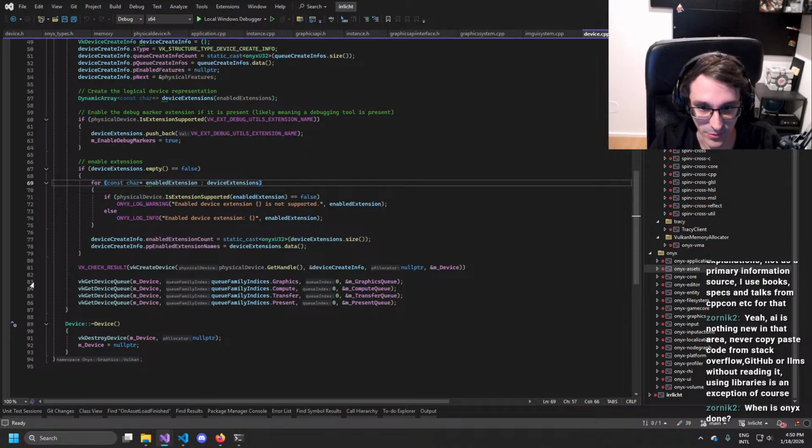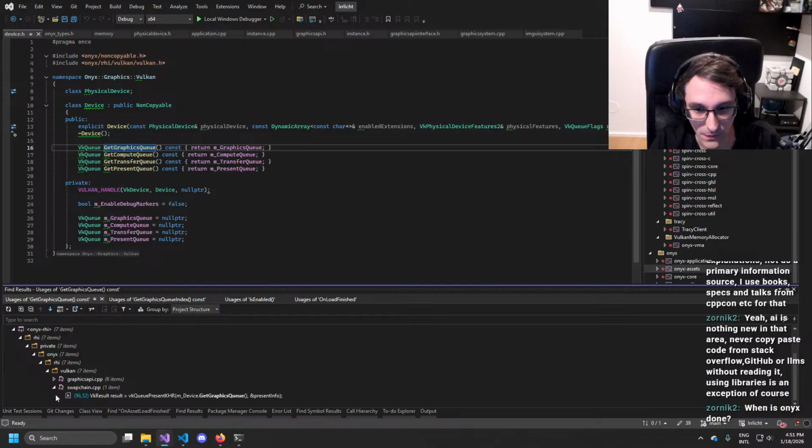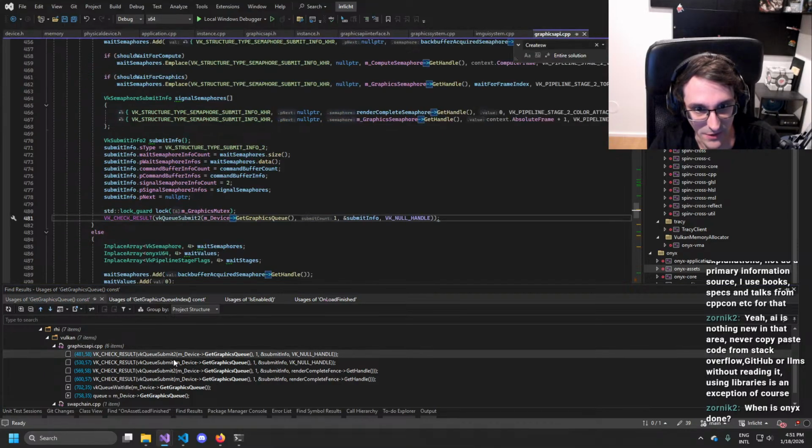Yeah, I think this is a problem. I think this should not be here. Why is that even here? Do I even use that? Get graphics queue. Okay, I do use it, but it's probably not correct anyways.